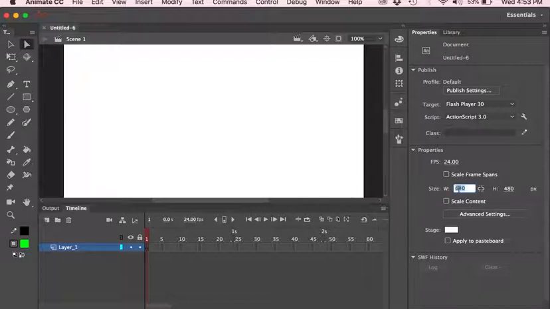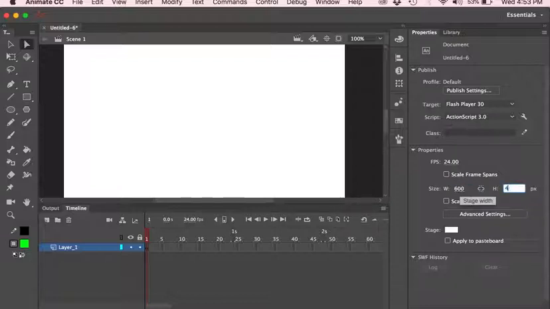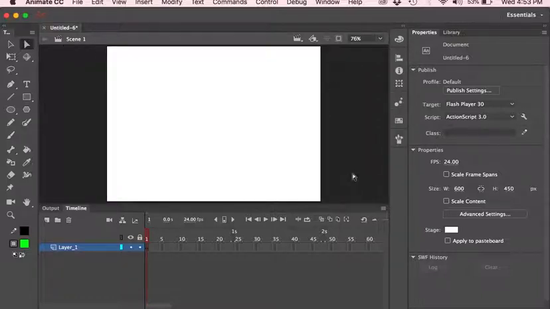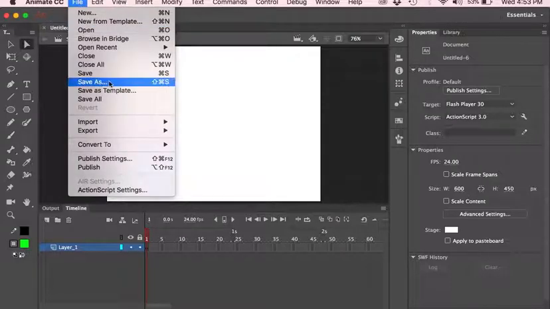and we're going to make the size of our stage 600 by 450. To fit window, and let's save our file,